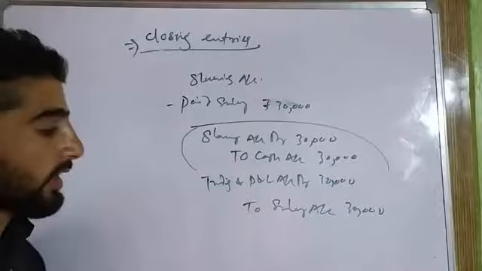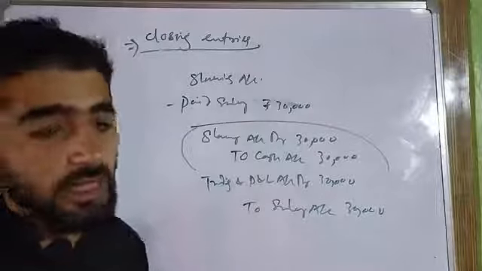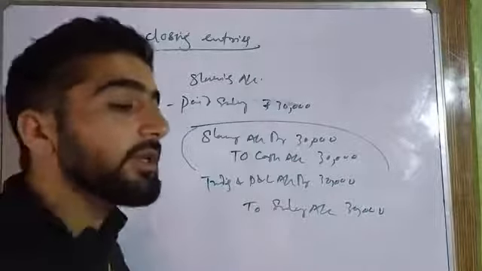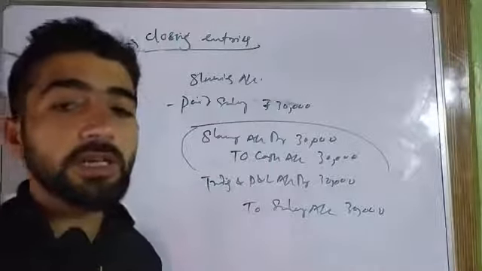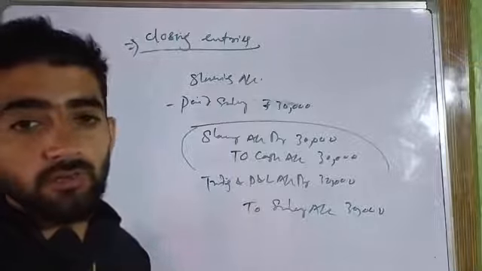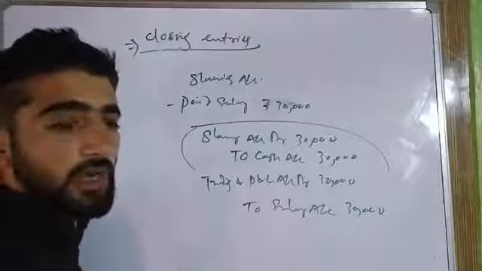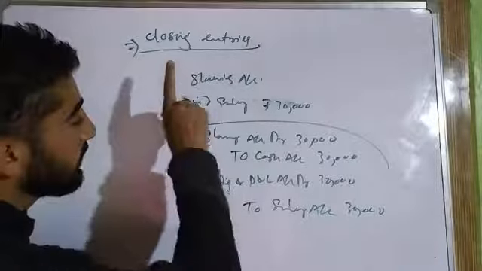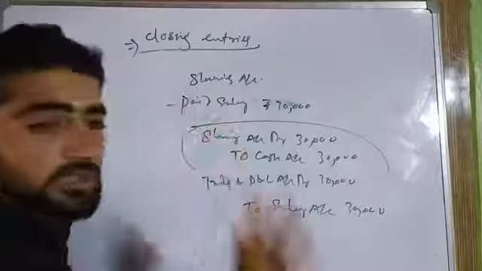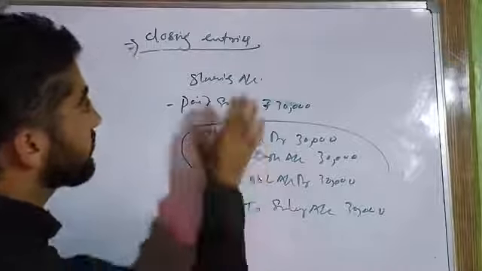loss account. You know that trading and profit and loss account is a nominal account, and on its debit side, it records loss and expenses, which you will be understanding later on in the unit of financial statements. So this time there is no need to worry, but the only thing you will have to remember is closing entries are those entries which are done at the time of closing the nominal accounts. To close the nominal accounts, we do closing entries.